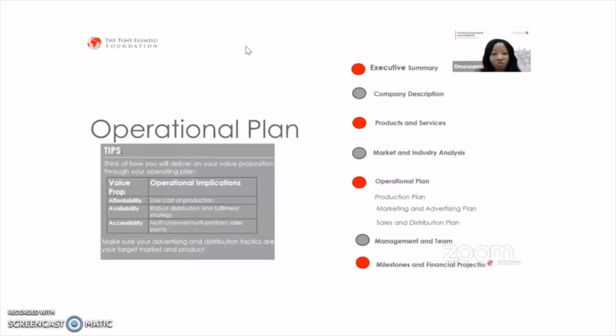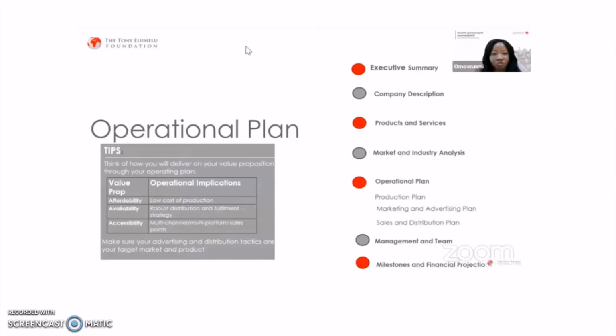So the next section is your operational plan. In the operational plan, we're talking about after you have put all the plans together, how do you plan to begin to walk the talk? The write-up. How do you plan to begin to execute what you have put on paper, what we have said with your mouth, right? So that's the operational plan, how to put to action what you have done.